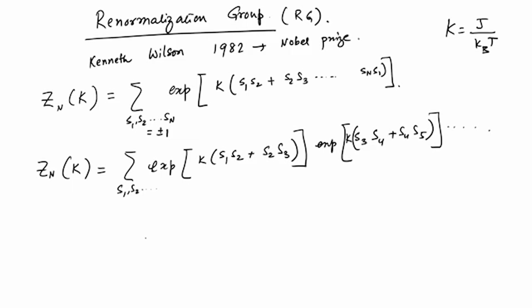Okay. So, now we can sum over these spins which have values plus minus 1. Now, sum over only even numbered spins,